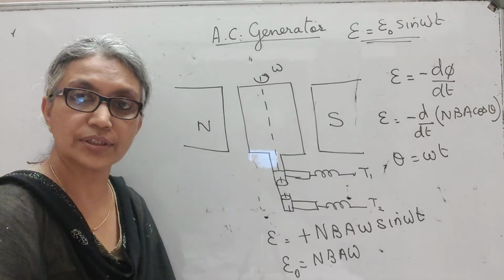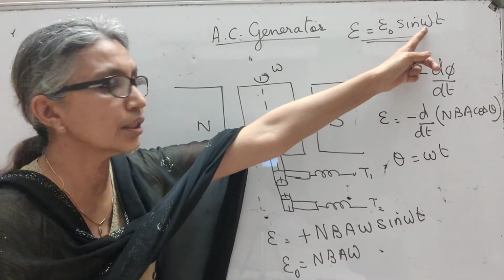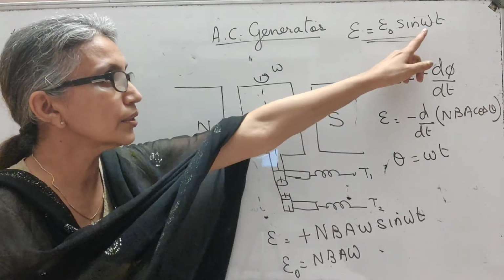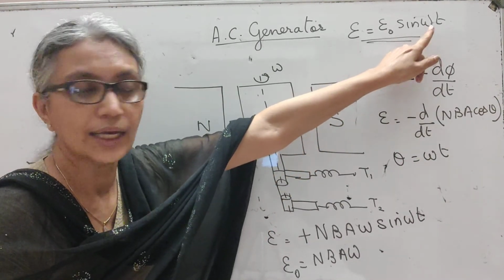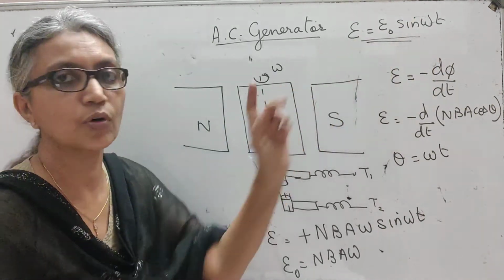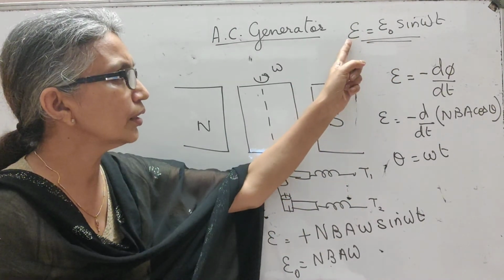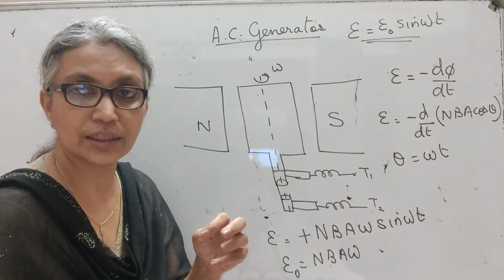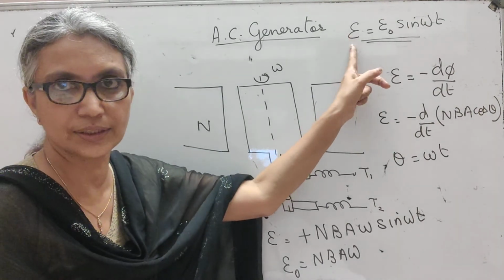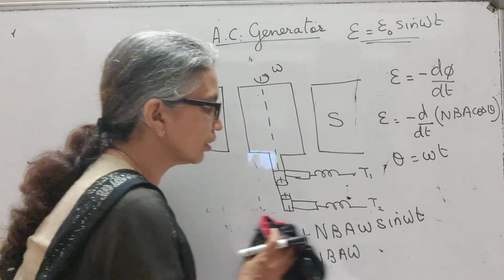Now looking at that equation itself, you see that the EMF is not a constant EMF, because omega t keeps on changing, omega t is an angle. So as your coil rotates, this angle omega t keeps on changing, and as it changes, the sine value changes and the EMF also keeps on changing. The maximum value is E0. So please understand, this EMF is called the instantaneous value of EMF. That means at a particular instant t, what is the EMF? Is this EMF. This is the maximum EMF possible. So let's represent it using a graph.